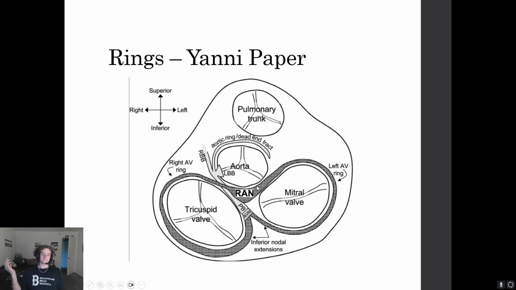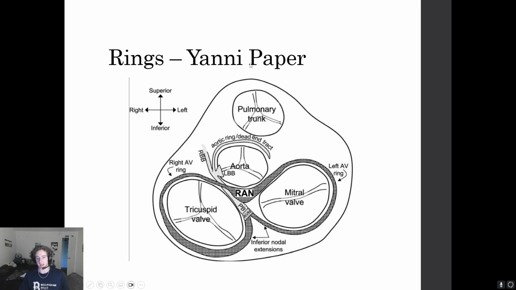So why is this here, right? Why is it that we have these loops of conductive tissue wrapping around the valves? What does this do? What in the world, right? Why is there extra stuff? You're not going to see this in an anatomy textbook. This is